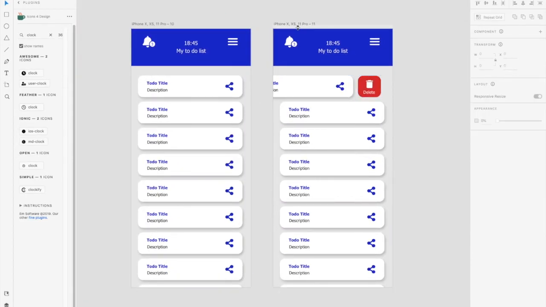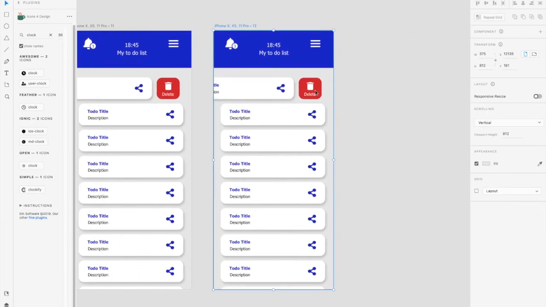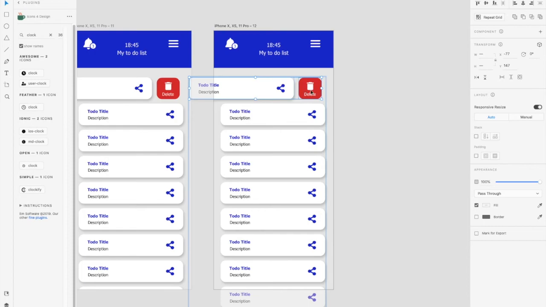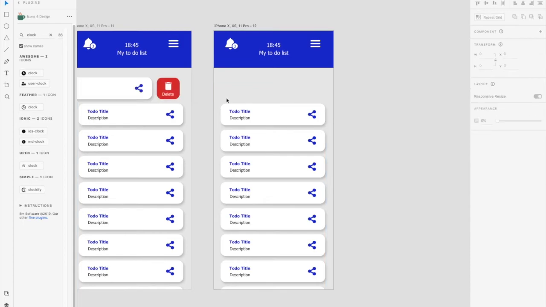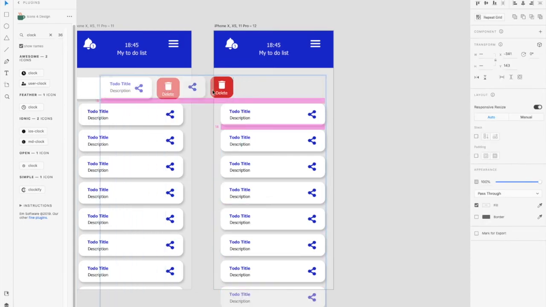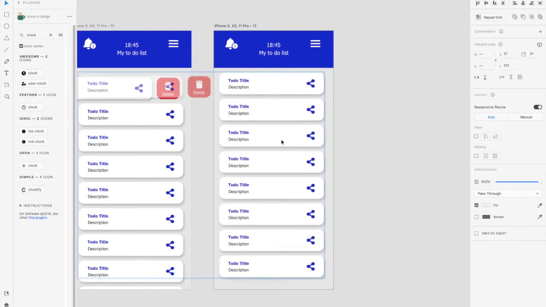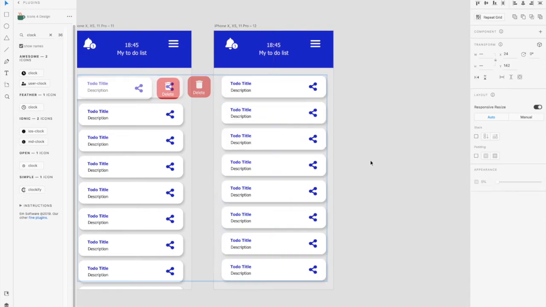So we click on the artboard and we duplicate, and we move all the way this down, and then we move all the way down, out, and we select the other items and we bring them on top. So we repeat the same thing for